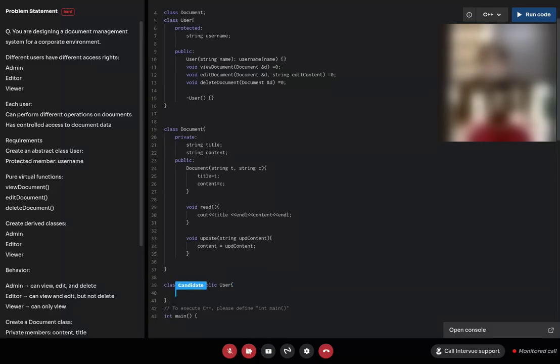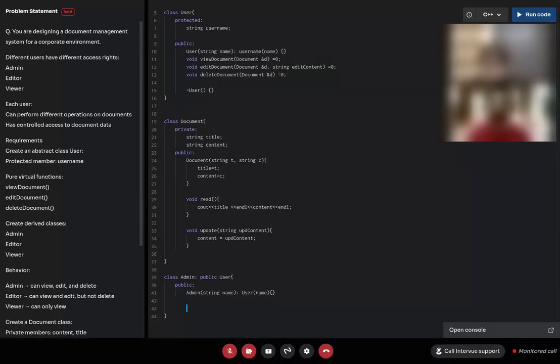For this I'll have the Admin constructor with string name as username. Then I have to make those functions.